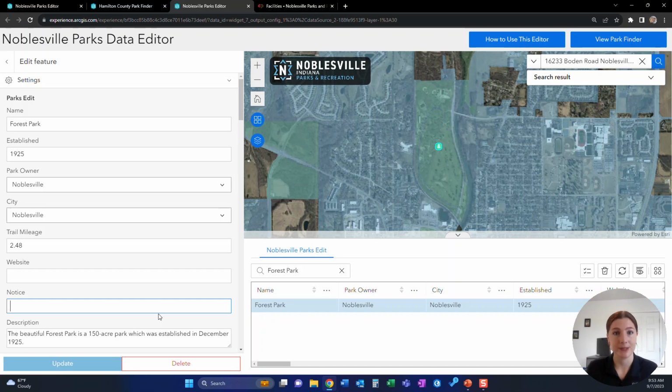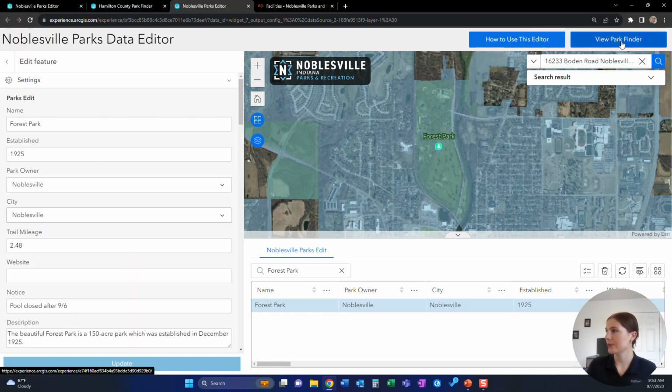This is usually time-sensitive information, and it's information that people need to know before they go to the park. For example, one that we saw previously was that Three Forks Preserve is not yet open to the public. So that's really an essential piece of information for someone using the Park Finder to know before they go there. So for the notice, I'll say pool close after 9/6, and then it can just be as easy as that. I'll click update,